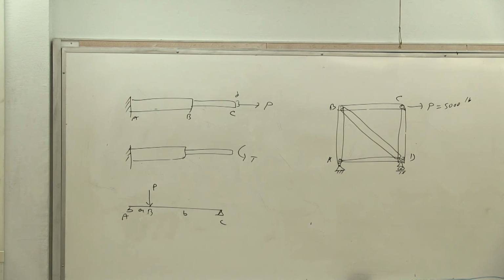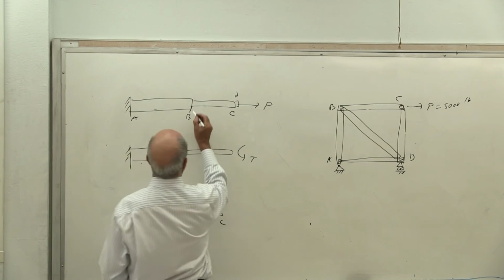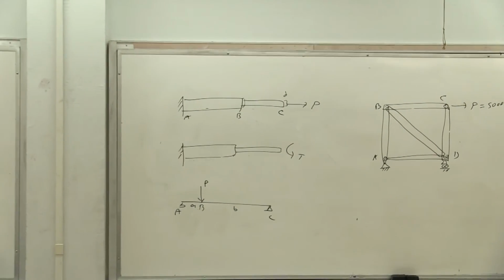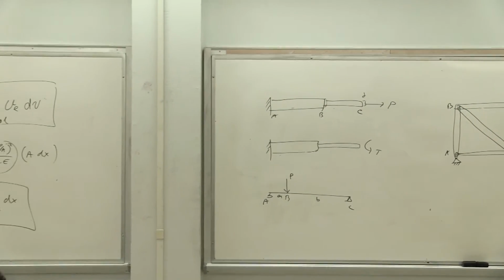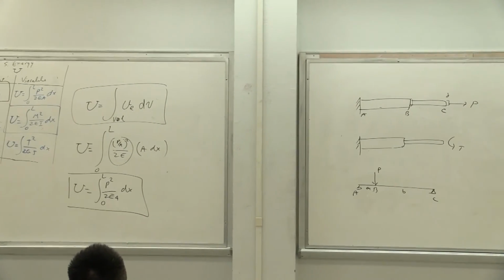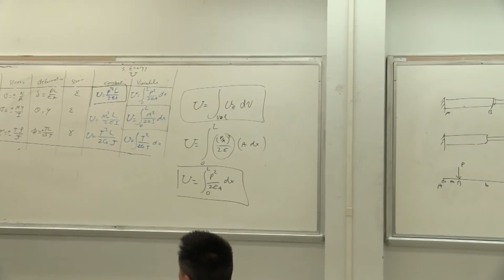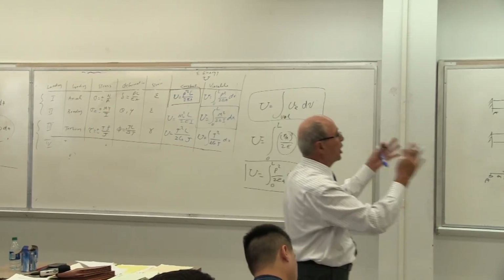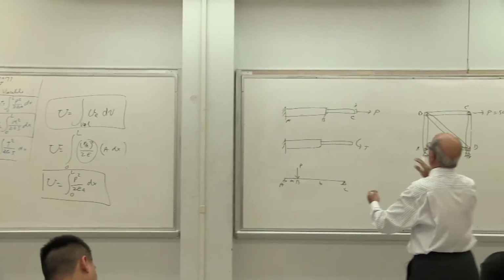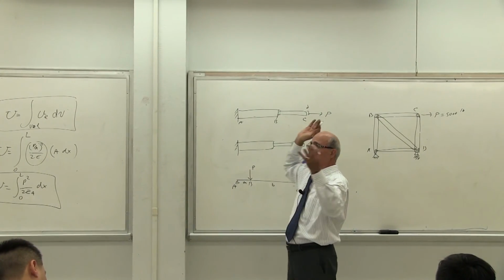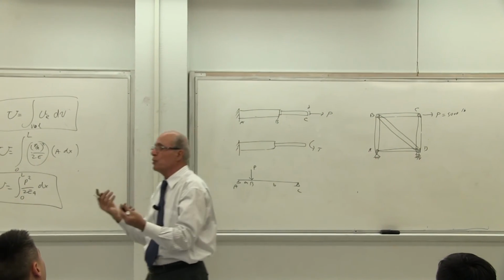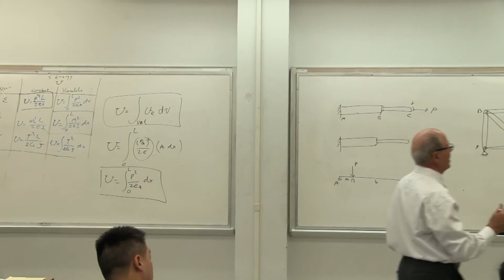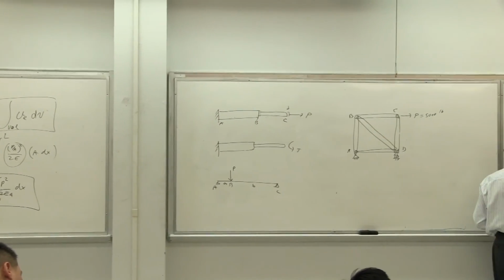So then if somebody comes and asks me, what is the deformation here, everybody understands that because the beam goes forward too, yes or no? Can I answer that question? No, not at all. Until we go through the Castigliano method, because this is, write it down, this method, because this is only one load, not two loads. I cannot have two loads. If I have a load here and a load here, I cannot write that because I have only one load and one displacement, yes or no? Please write it down. So this is limited to one load, this is very important,